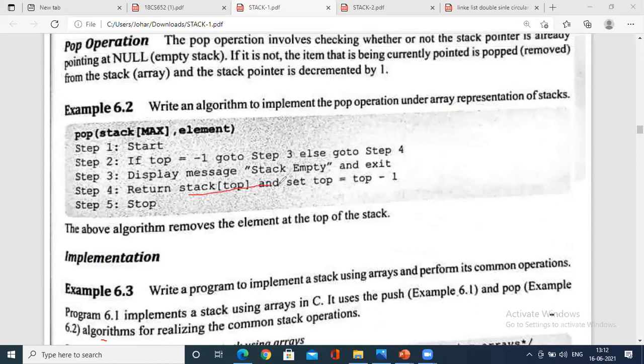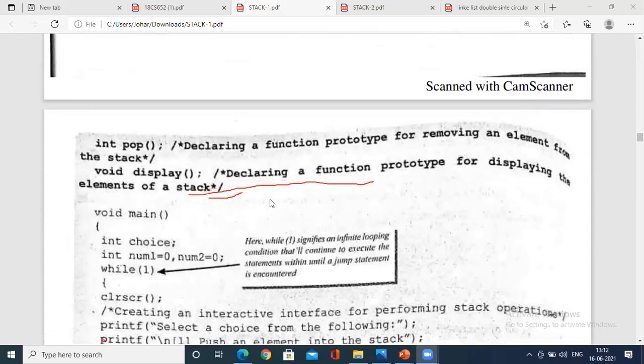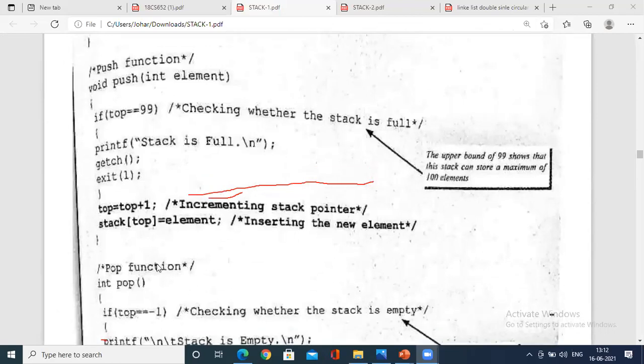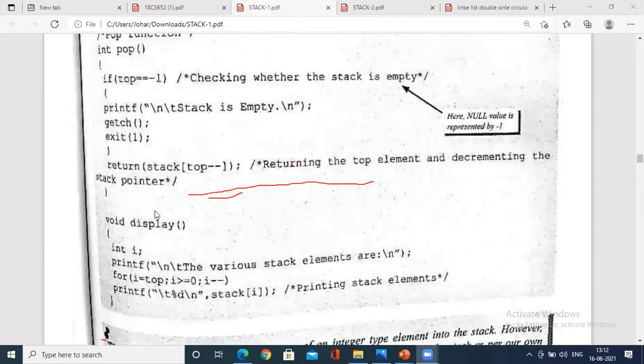Return stack of top minus minus. It will do both the same job. It is a post decrement, so it will return stack of top, and the value of top will be decremented.